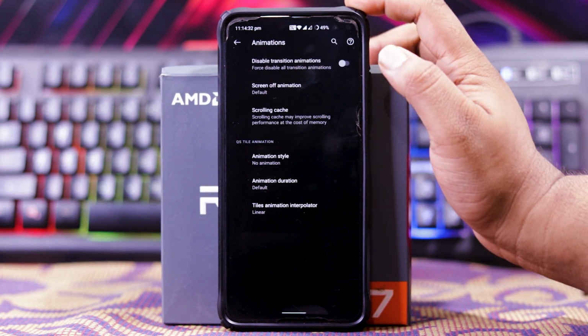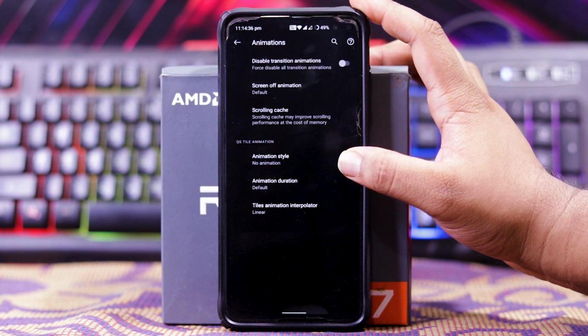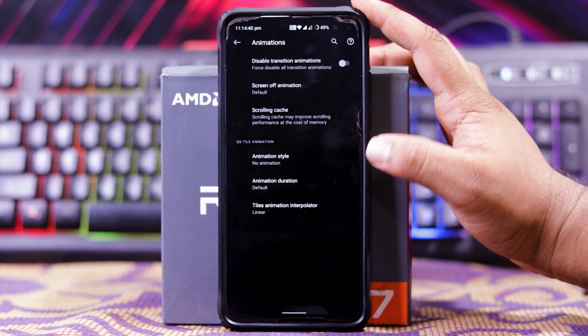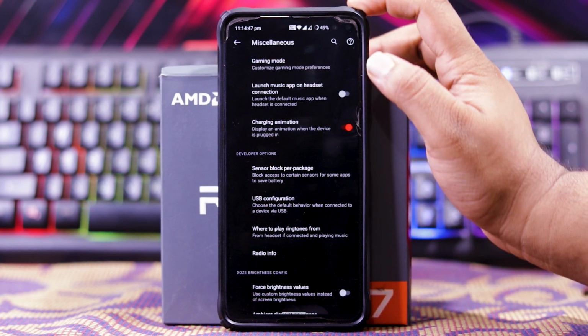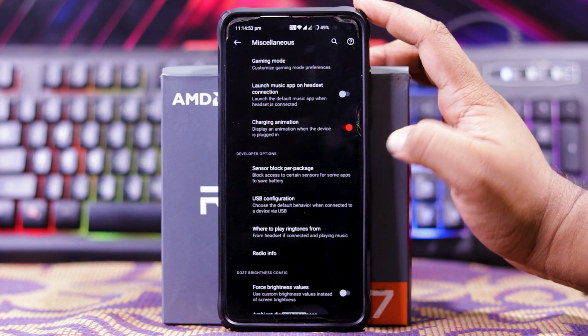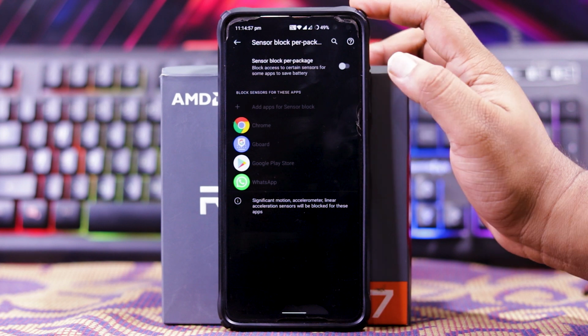In animation you get disable transition animation, screen off animation, and scrolling cache. In QS style animation you get animation style, animation duration, and tile animation interpolator. In miscellaneous you get gaming mode, launch music app on headset connection, charging animation, and sensor block per package. In this you can block sensors for apps.